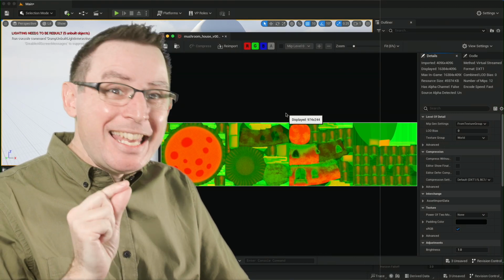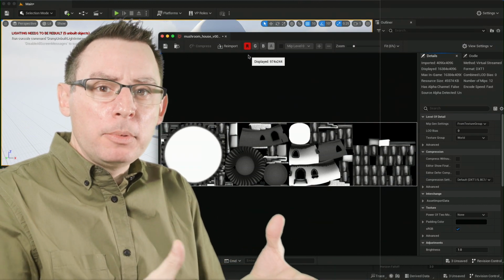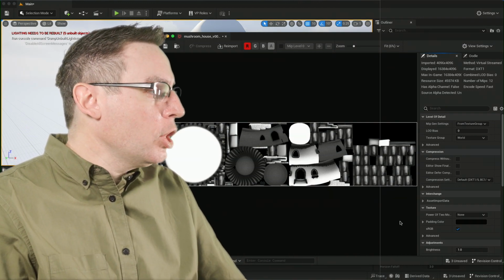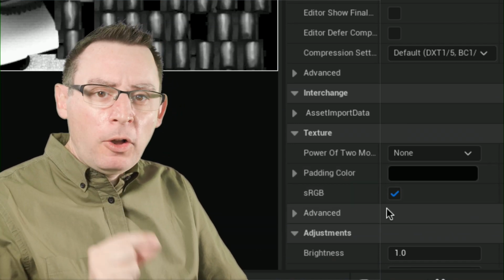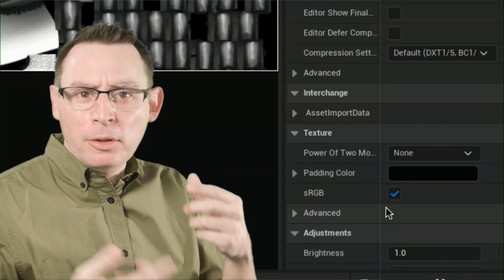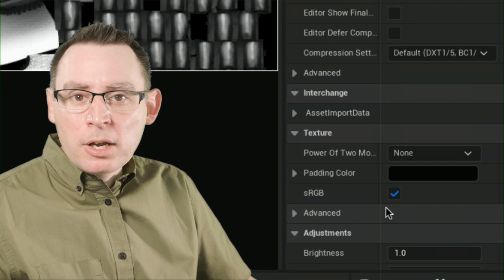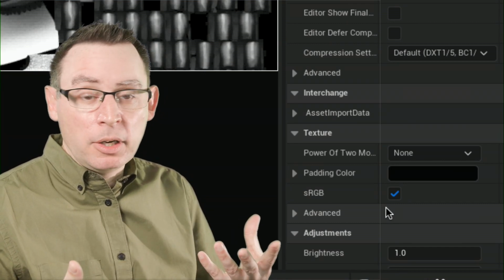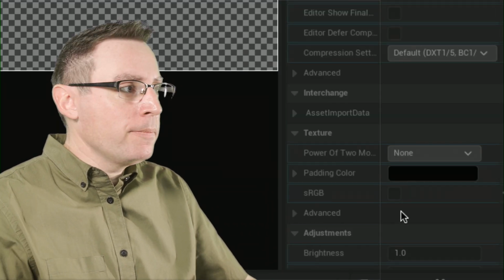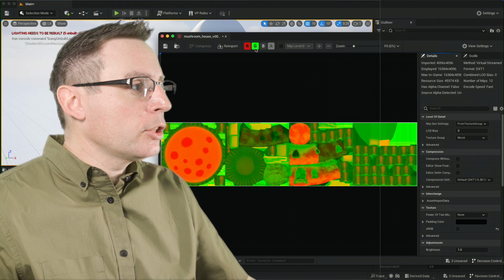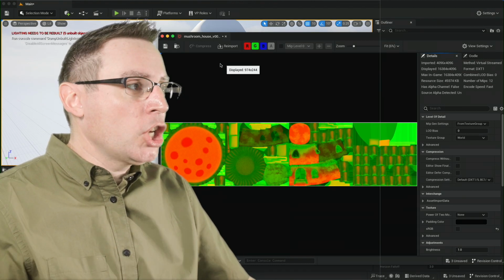Since we're going to be using individual color channels that are in effect just black and white, we don't want the computer to be reading color information. So the change that we need to make here is under this sRGB flag. This is a default. When it imported all of this in, it saw that there was color in the channel, so it tagged it as an sRGB image. Well, we're not going to be using color information. We're going to be using grayscale information, so non-color, if you will. So we want to turn this to off. Now, each of these color channels are going to be interpreted correctly by the rendering engine. Okay, let's make a change. Since we made a change, let's save it